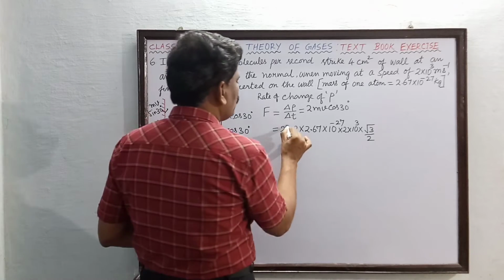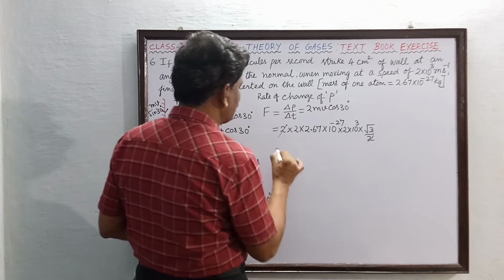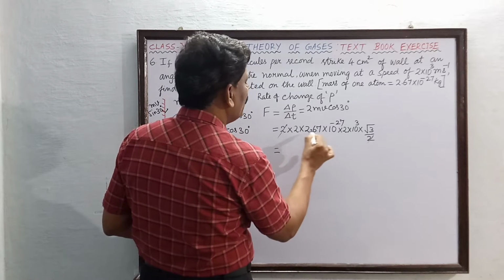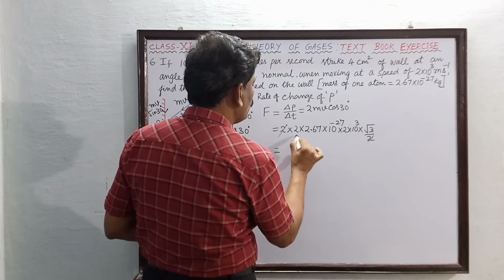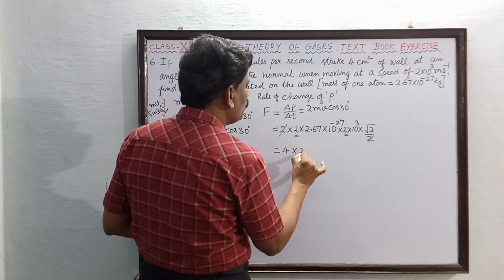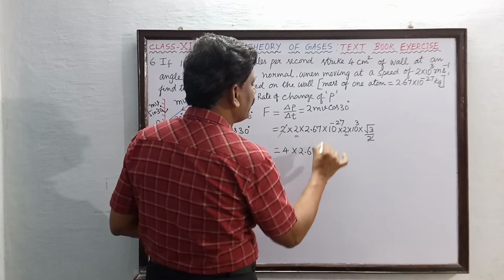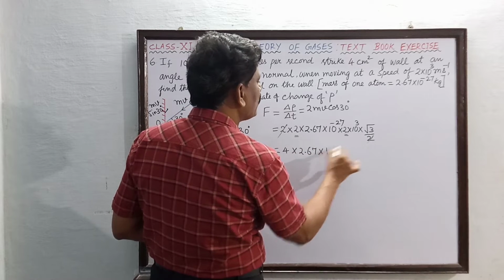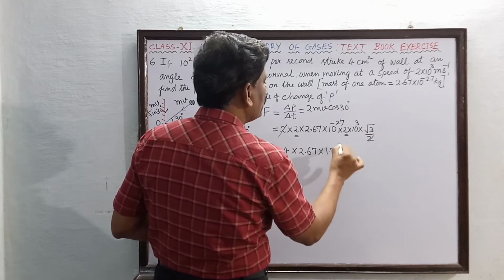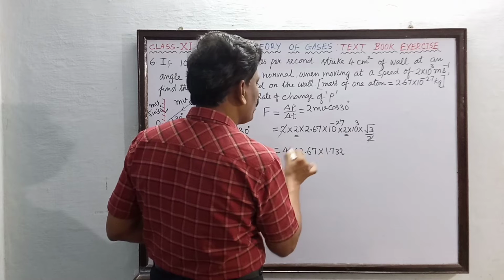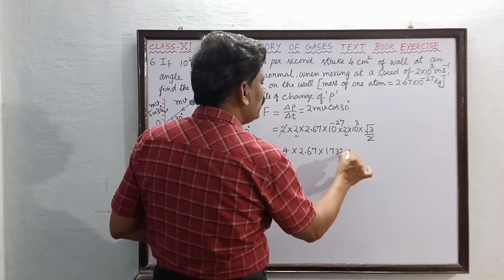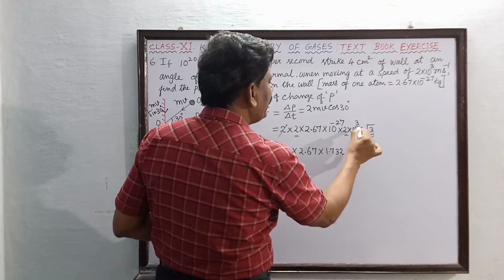So this 2 and this 2 can be cancelled, so that this is equal to 2 into 2.67. This 2 into 2 is 4. So 4 into 2.67 into root 3, which is 1.732, into 10 power 3 and